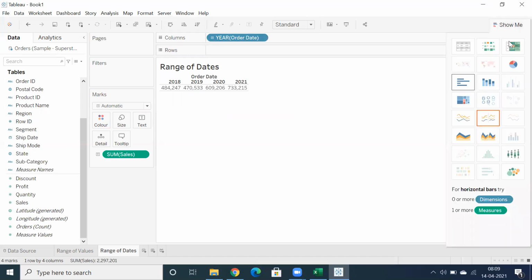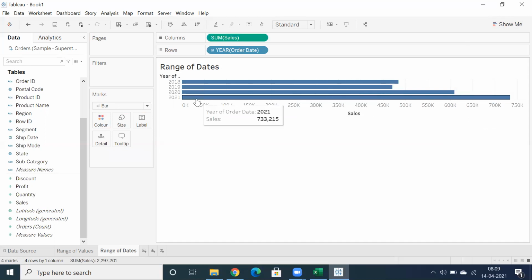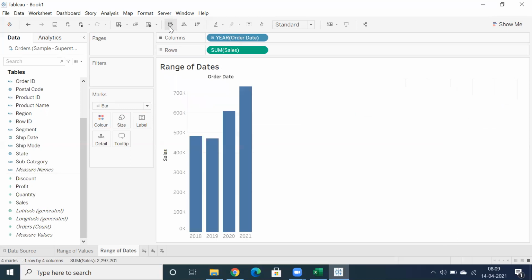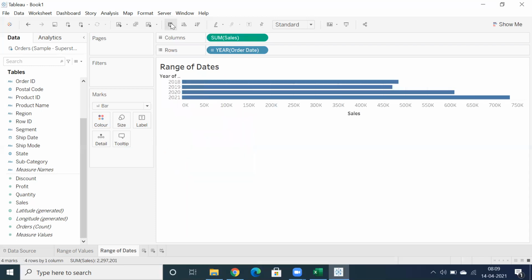But let's say I'm going to create a bar graph. If you want to go for a horizontal bar graph, this is what you can see here: year in rows, sales in columns, correct? Now when you swap, this also looks good, right? Now year in columns, initially year in rows, you can swap. So you don't worry about a dimension in columns or a dimension in rows. It depends on the display. Yeah, Ramesh.